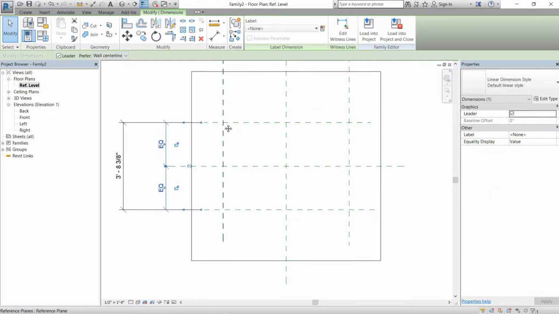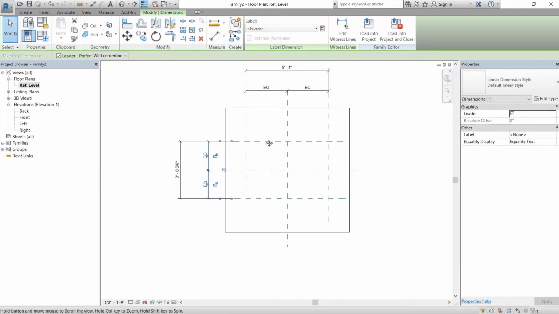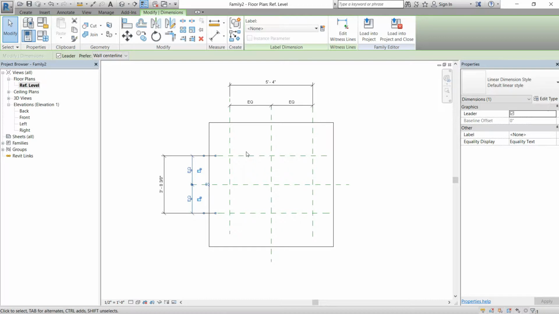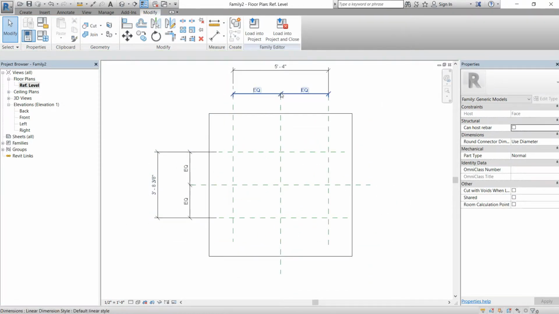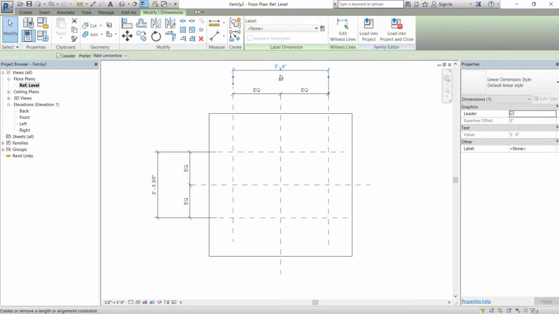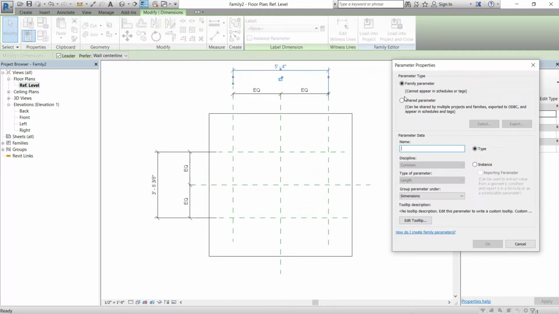We're going to want to use equality constraints here, so that when we stretch it, it'll stretch both ways equally, and if we have to attach to the center dimensions, it won't get confused when we stretch it. So those are the equality constraints. We're going to create a couple more constraints here. We're going to create some parameters. We're going to name one length. Shoot, we'll call it plate length,